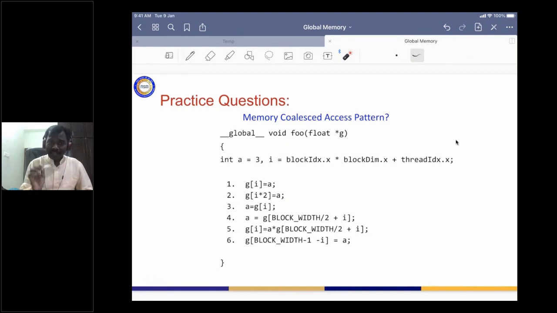So this is again a kind of practice question. We will post all these questions in the blog also, where I'm not going to tell the answer. You need to understand and work out, as an example, in the first case, second case, third case, in all these cases, which statements have this memory coalesced pattern, good or bad. So essentially we are asking which statements have a good access pattern, right? You should be able to work it out independently at your leisure time. We will post all this in detail in the blog.